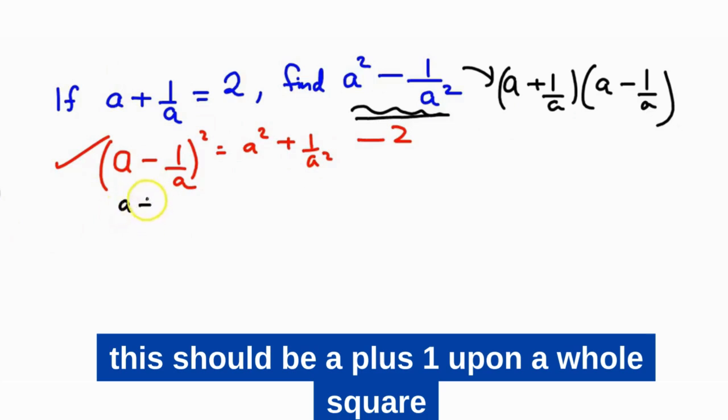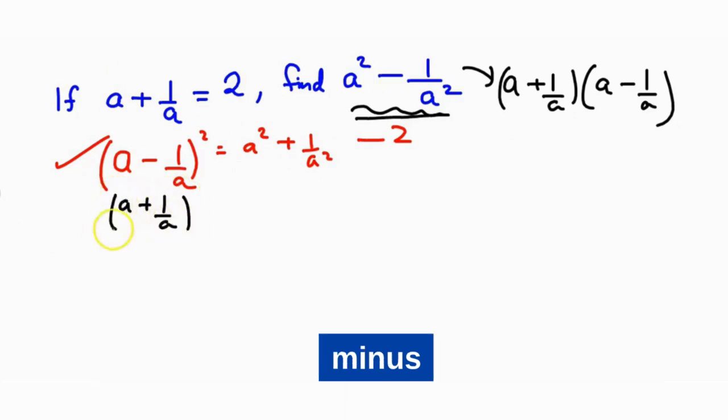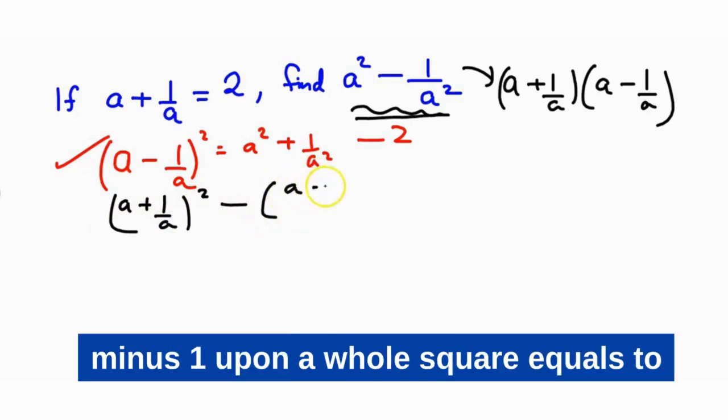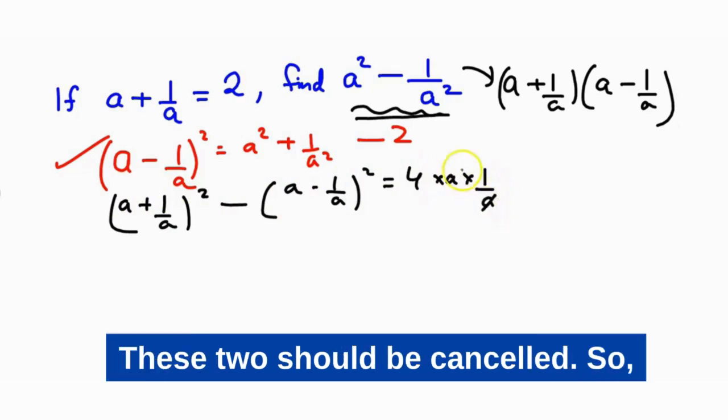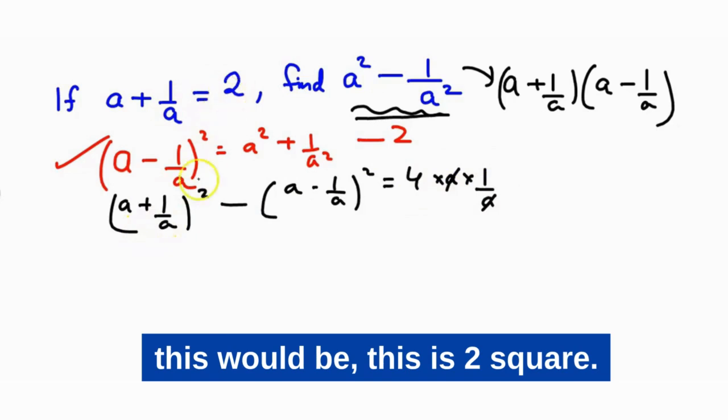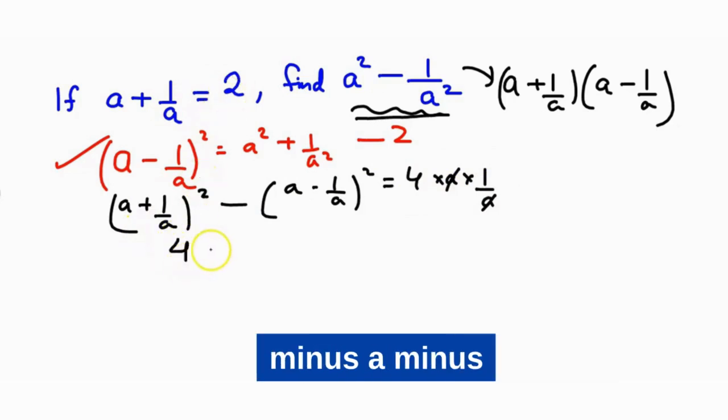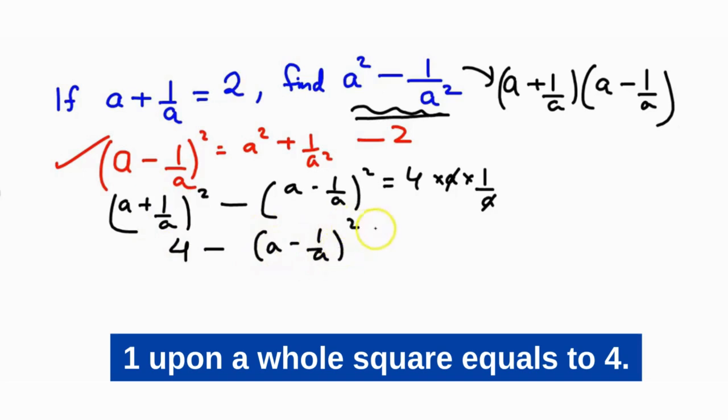So this should be A plus 1 upon A whole square minus A minus 1 upon A whole square equals 4 into A into 1 upon A. These two should be cancelled. So this is 2 square, that is 4, minus A minus 1 upon A whole square